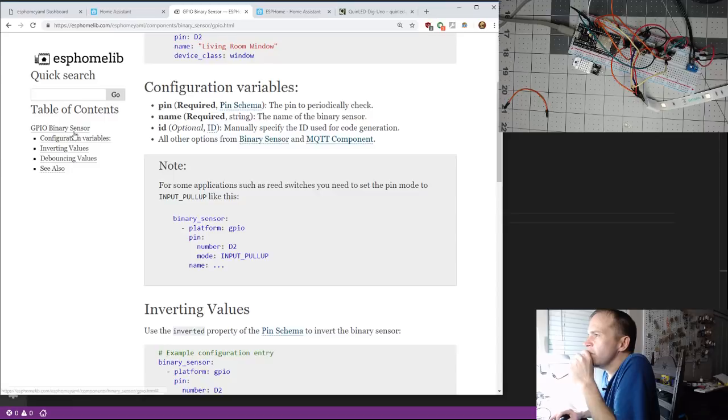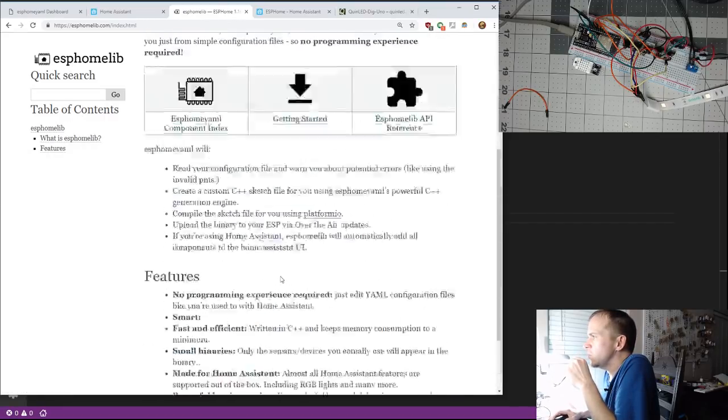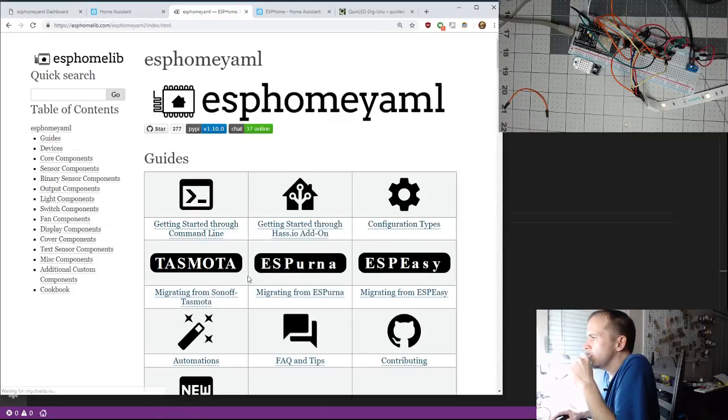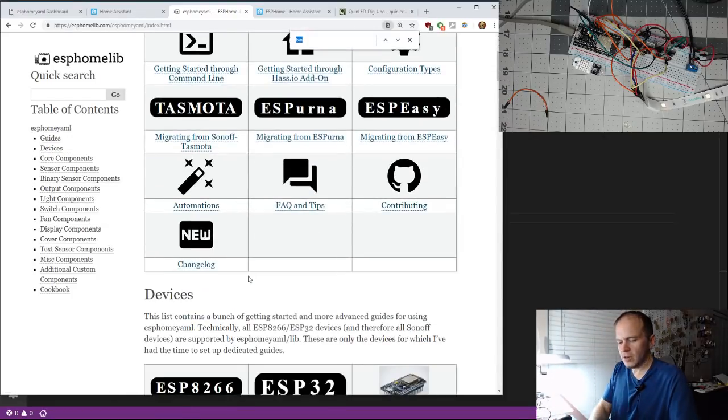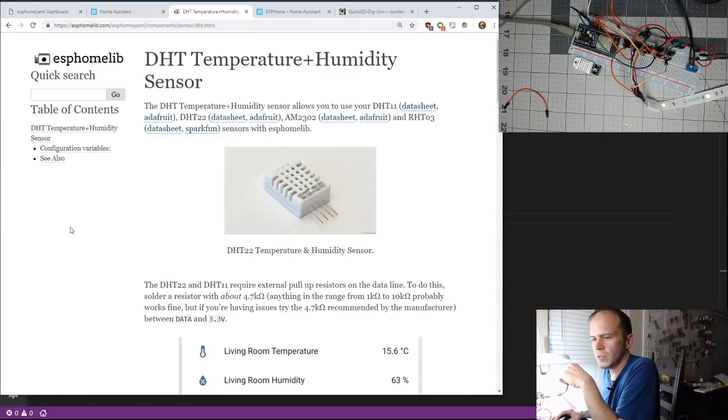So let's look back through and get the DHT22. Let's do a search. I know he's probably got to have the DHT22. There it is, DHT right there. DHT22.